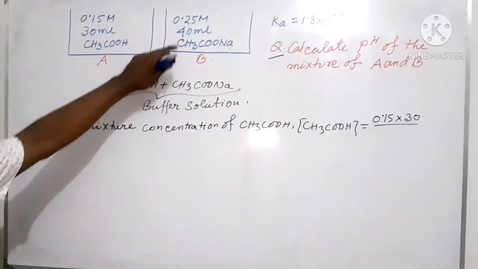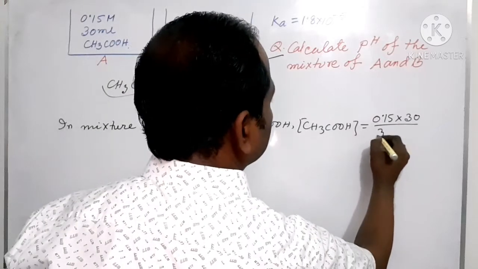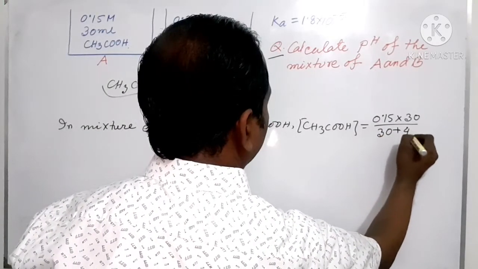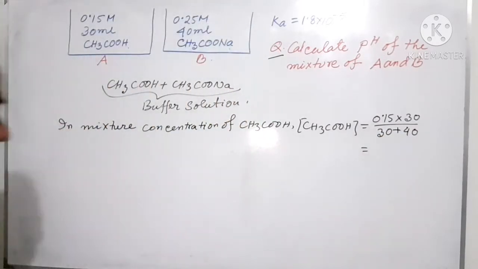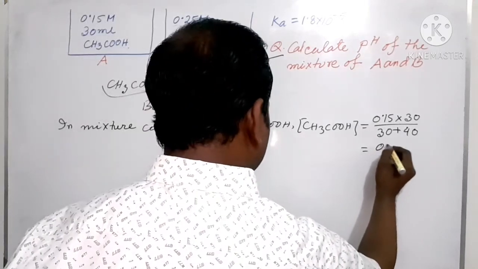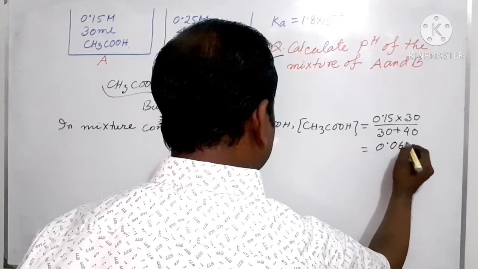The total volume of this mixture is 30 plus 40, and we get the value 0.0642